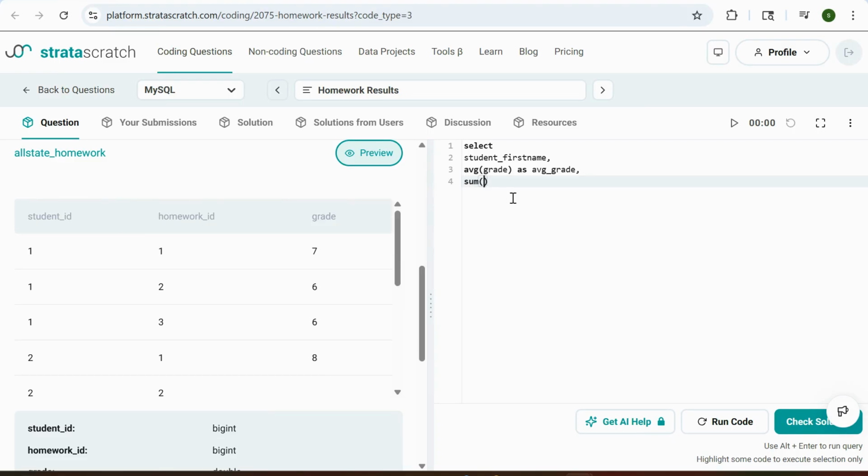So some case when grade is not null, then 1, else 0, end upon count star